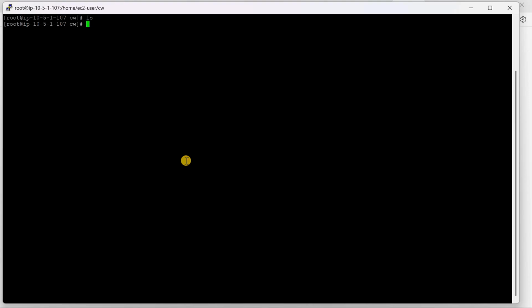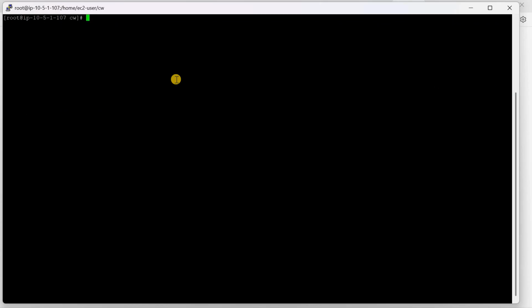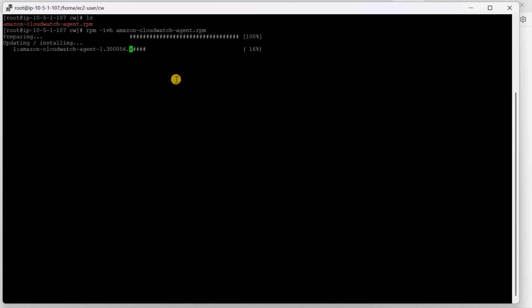Here, wget and download this RPM. As per normal Linux practice, rpm -ivh is the command to install. Once it is installed into the server,